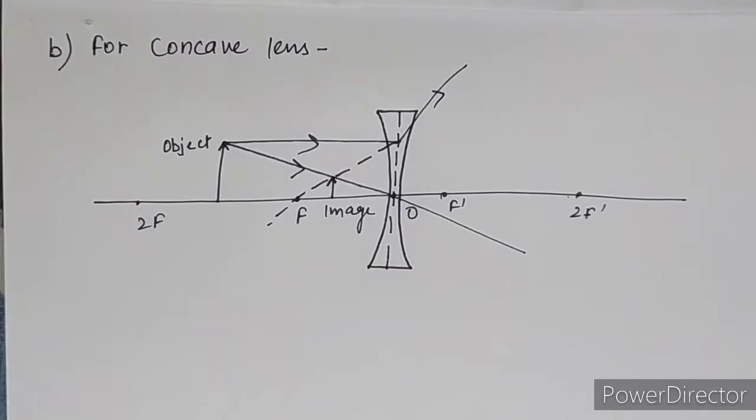Your today's homework is that you have to write the rules of image formation by the lens in your own language. The diagrams I have made, and you have to write down the rules for them in your own language. After the completion of the ray diagrams made by the concave and the convex lens, only then will we have the numerical portion. Then we are going to solve the numericals, and after that your lens portion of this chapter will be completed. Okay beta, clear?